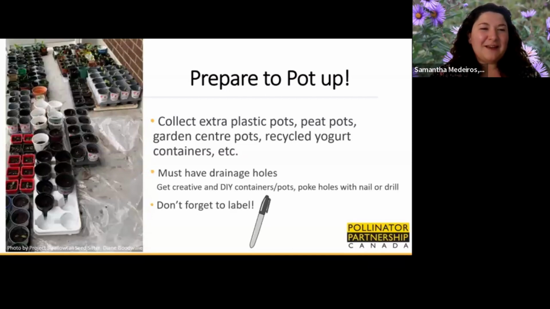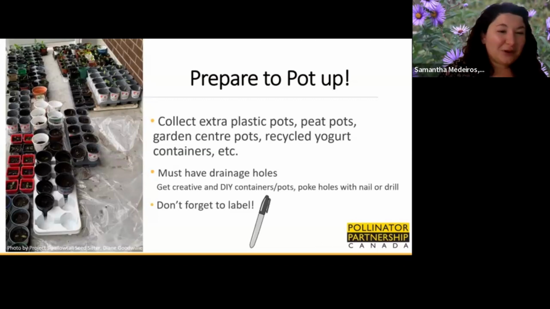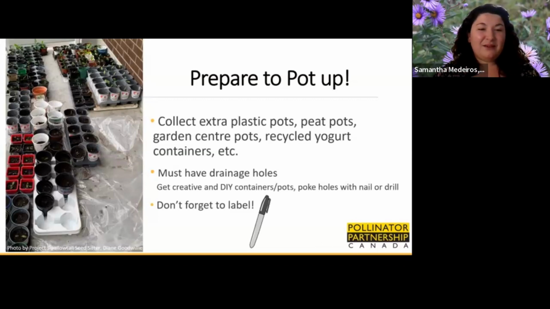Preparing to pot up. This photo is what can happen if you seed a ton of seed trays, and it's a beautiful thing. But I think it's important to remember how many containers you're going to need, who they're going to go to, and are you going to have time to water all of this? And if you're going to be moving somewhere, you're going to have to move all of these or pop them in the ground. So prepare for your seed trays and collect as many pots, yogurt containers. I've even seen people use the bags that you get coffee in. So collect your containers, add some drainage holes, and get ready to pot up your plants,